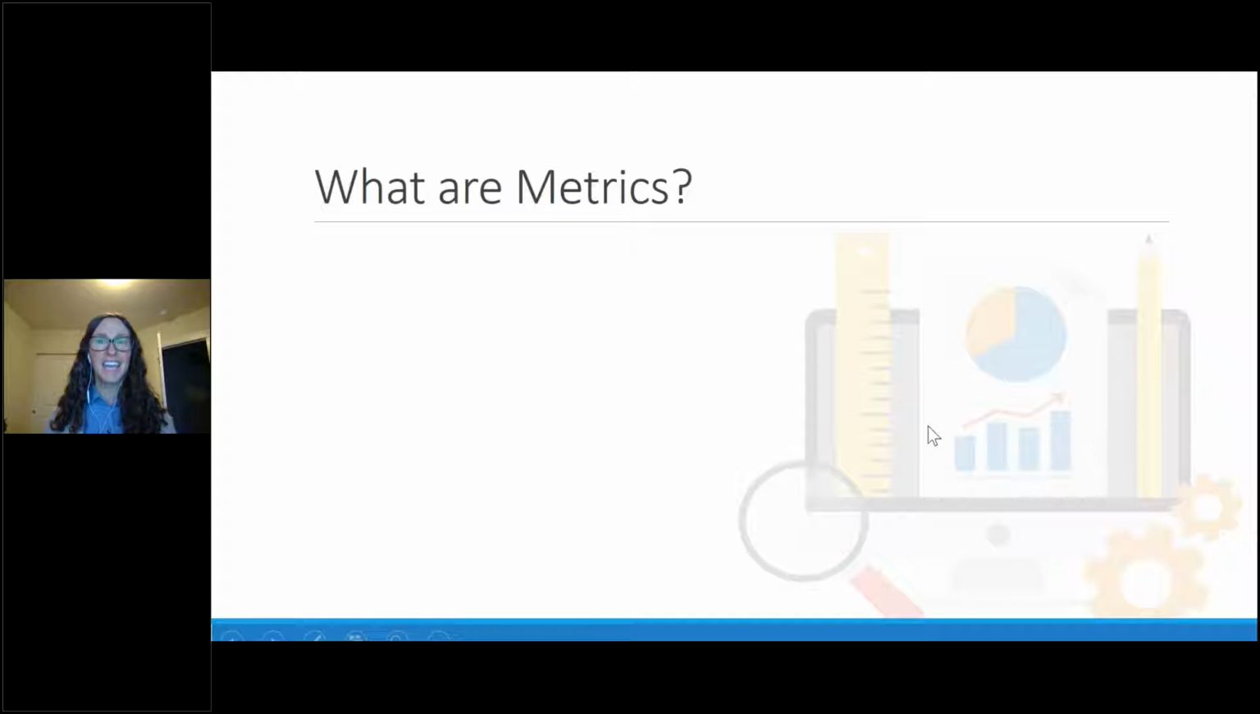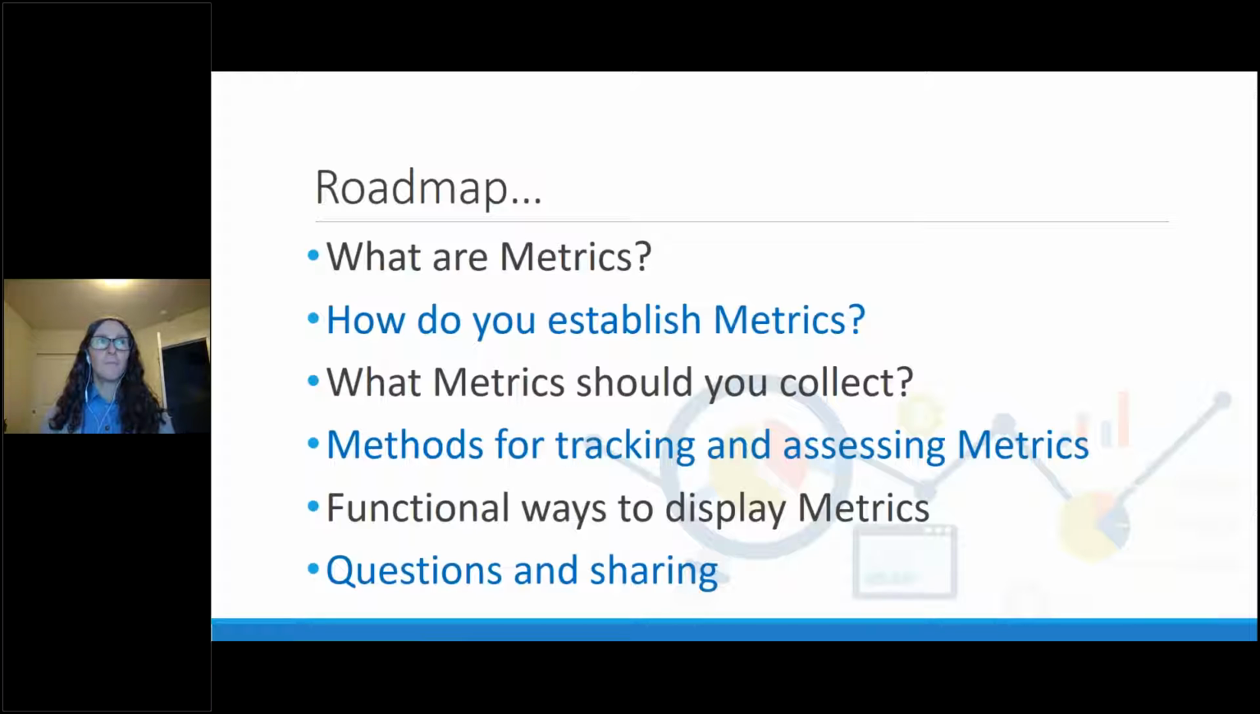So let's start today with a little bit of a roadmap. We're going to start with what are metrics? How do you establish those metrics? What metrics should you collect? Methods for tracking and assessing those metrics, functional ways to display those metrics, and questions and sharing at the end,